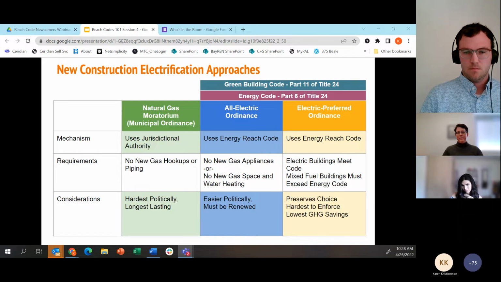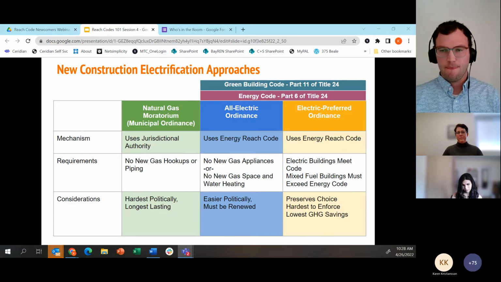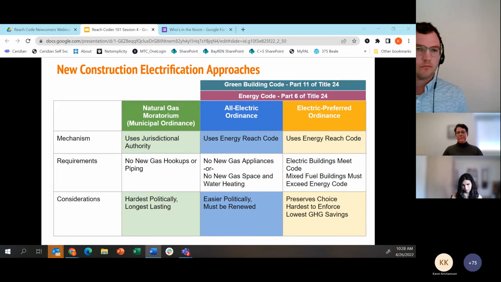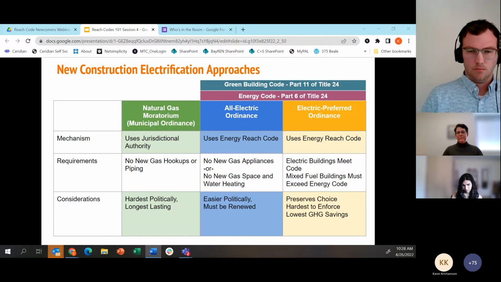And it seems that given the changes in the 2022 code, there's a movement away from that and really using the Cal Green construct to build off of, not as a workaround to the CEC, but actually to clarify the distinction between the roles of the Energy Commission and the Building Standards Commission. So just want to point this out, for those that might be on the call that are renewing something that was approved under Part 6, it is possible that that same code under the 2022 code cycle might need to go under Part 11. So that's the only distinction I would make, and Misty, feel free to add on.